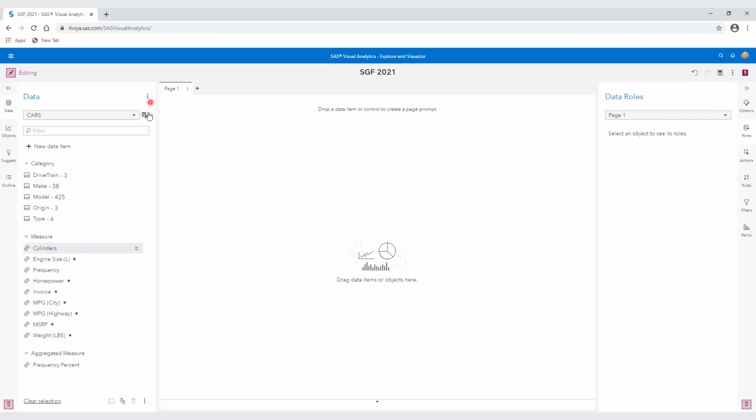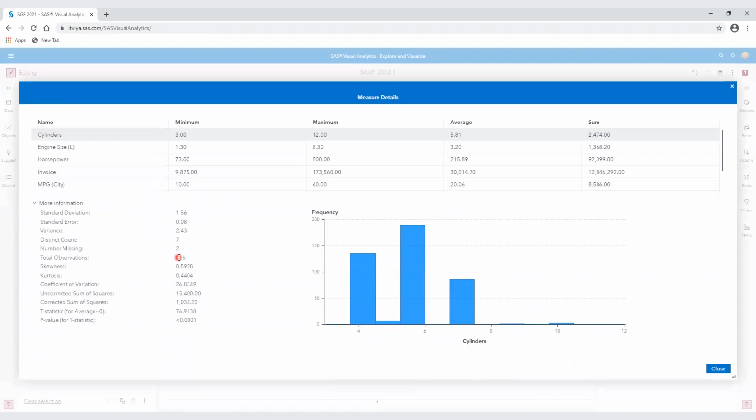Let's go back to the measure details window. Okay, and let's look at the cylinders. There it is, the first one, minimum of 3, maximum of 12. Okay, well, that kind of makes sense. I don't know that there are many cars with 3 cylinders, but anyway, we have at least one here.